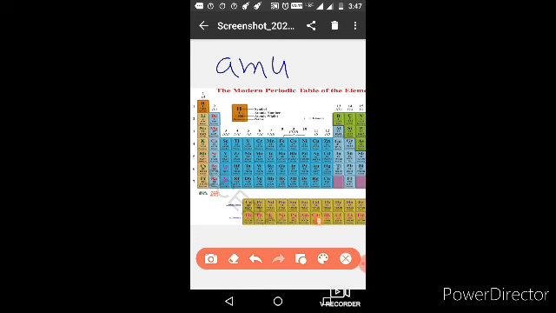But for measuring the very smallest unit of mass, we use AMU, atomic mass unit. This is for measuring the mass of atoms only. Atoms are the very smallest part, so to measure that we use AMU. Simply, you can write just U, unified mass. In place of AMU you can write just U. Let's go for one example.